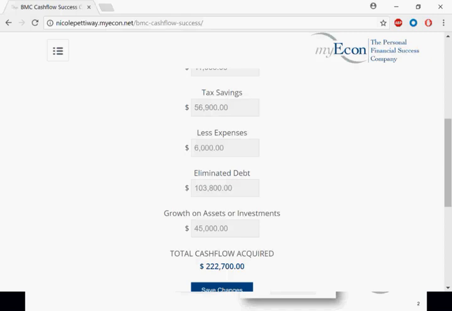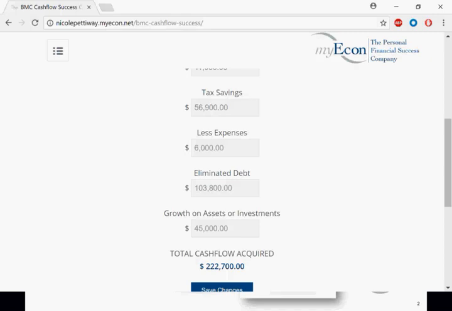Now, one of the things that you want to include here is when you pay off your debt quicker, if you saved money, saved on interest, you want to include that in this entry. That's money that you've saved, that increases your cash flow, that you would have had to spend, but because you paid that debt off quicker and reduced the amount of interest you have to pay, that number should be included. So just think about when you go to calculate your total number,